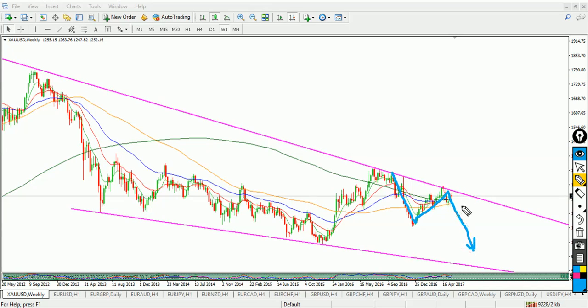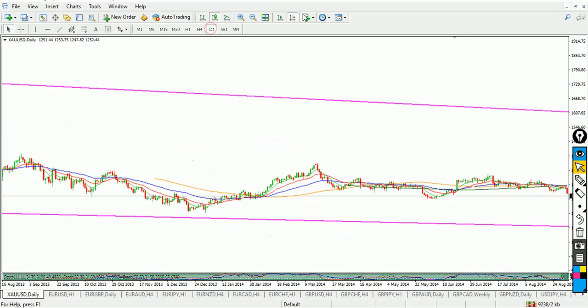Okay, and that is the trade that we're all looking for. That's the one that we want to take down to the bottom of the structure and then start looking for the longs to get back into this position to the upside. So if we move down another time frame, down to the daily,